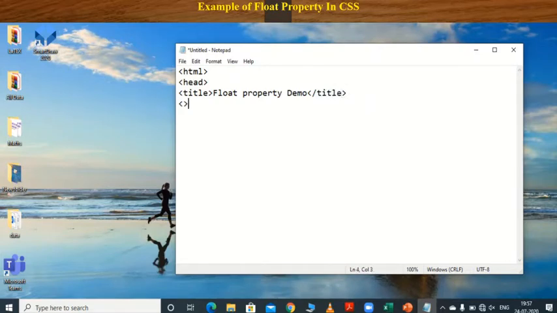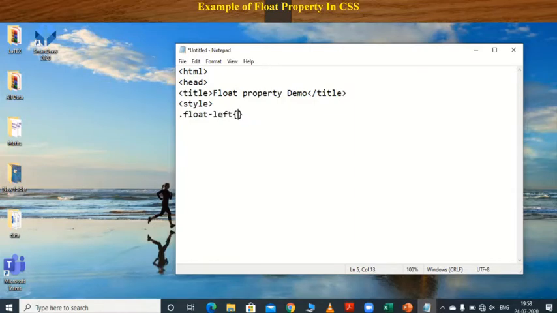Next, open your style tag. Then in the style tag we have to apply the float property. So dot float left, this is your class name.